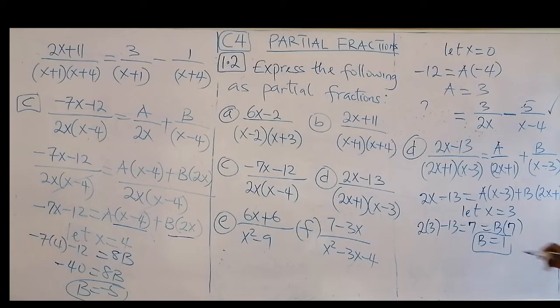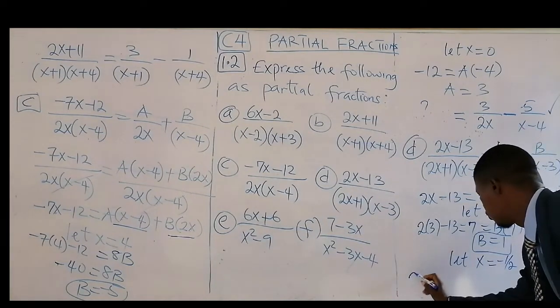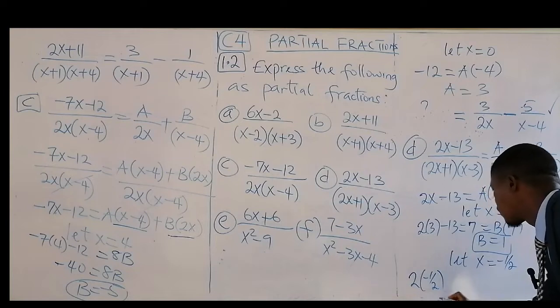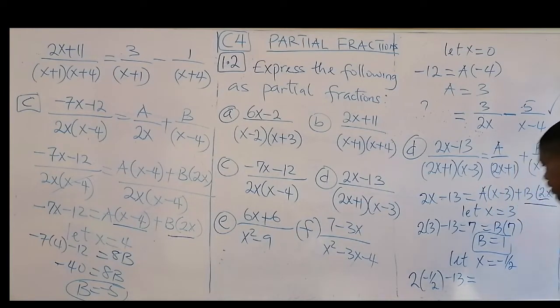Then also, let's look at what we have here. This is 2x. So if we use negative 1 over 2 to multiply 2x, it's going to give us minus 1. So minus 1 plus 1. So this expression we cancel. So we now have 2 into bracket minus this minus 13. And that will be equal to minus 1 minus this, that's minus 14, equal to here. So that will be minus half minus 3. That's minus 7 over 2 a.